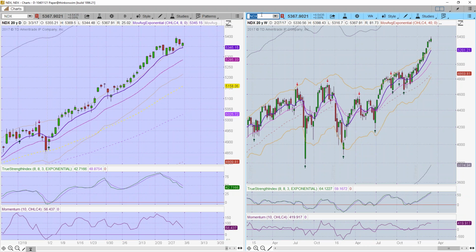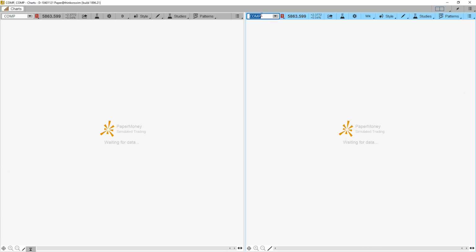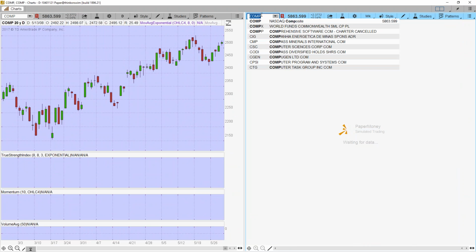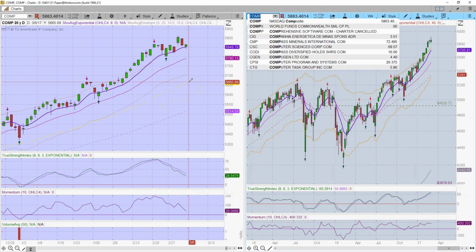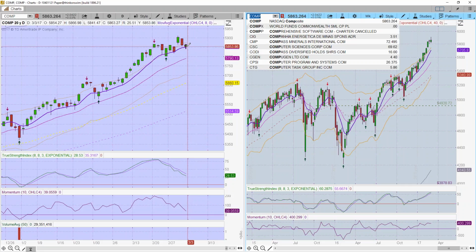Let's take a little look at the comp, NASDAQ composite. Similar type of price action, down to the 8, and then appears to be rebounding. Now, I wouldn't necessarily buy this rebound right now, unless it actually closes above it. But if you get a close back below the 8, that's going to tell us that there's a likelihood it's going to go back and retest at approximately the 20-day moving average.